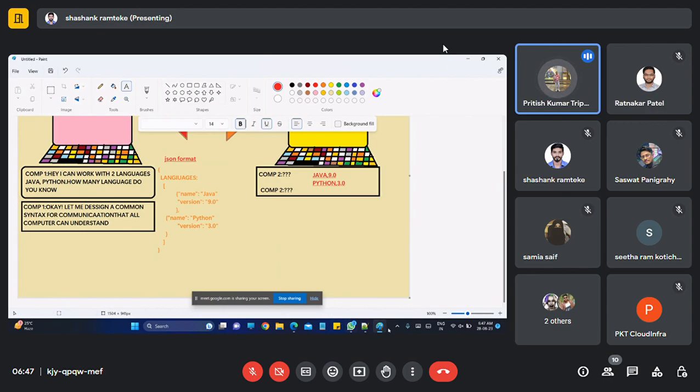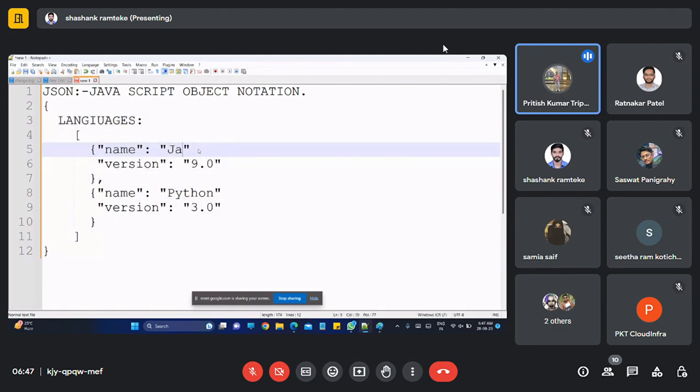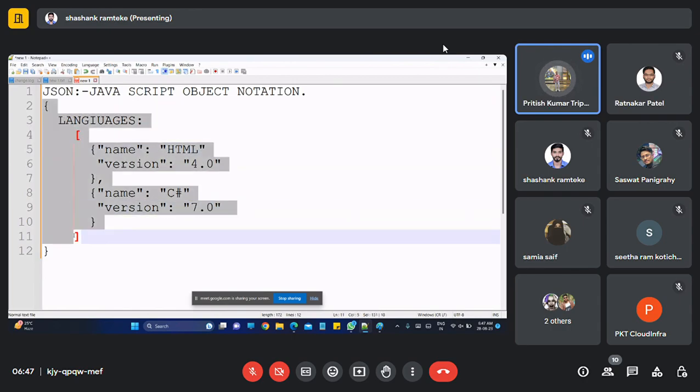For example, instead of Java, they can write HTML. They can give certain different values, like C or C++ or something like that, and for version they can give something like 7. So these are the specifications.